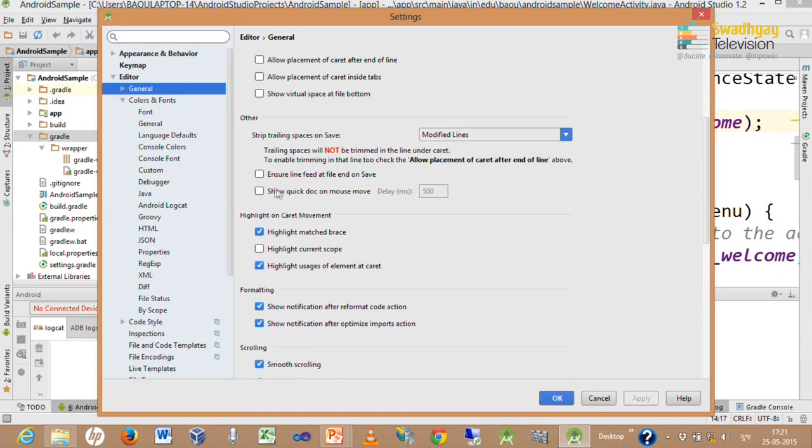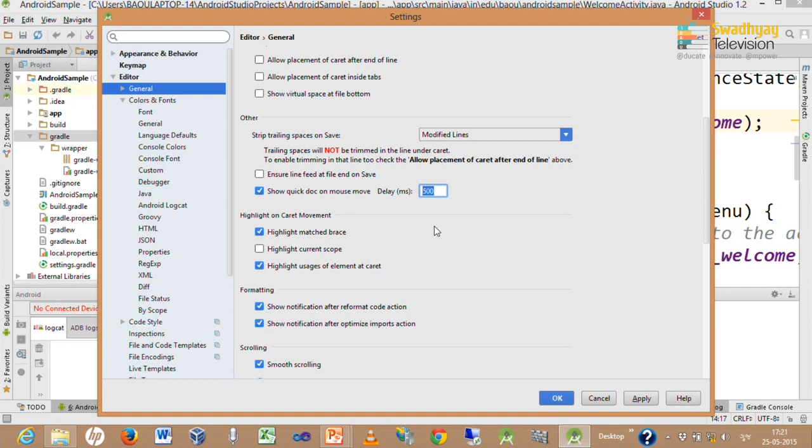If you have not checked this option, then help will not be shown automatically. By checking this option, you can specify the delay for help, after how much time you want to display help, in milliseconds.